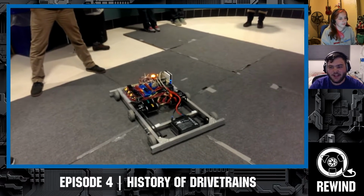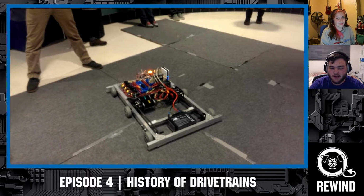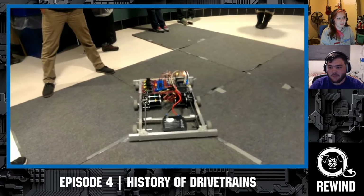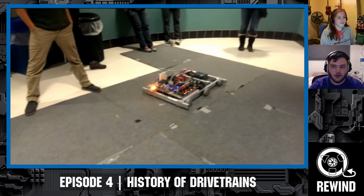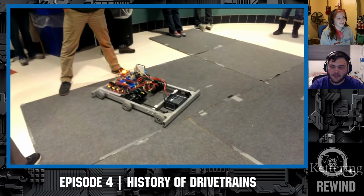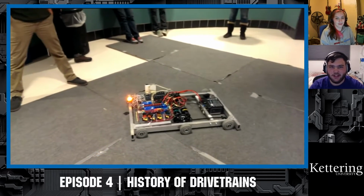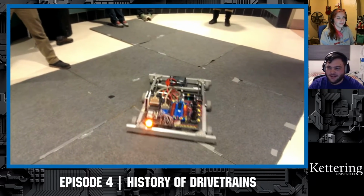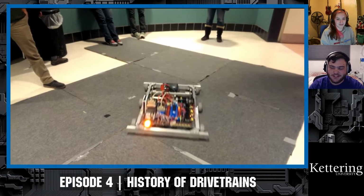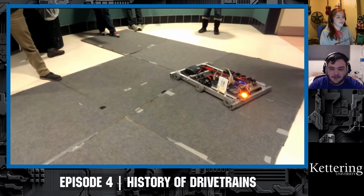Yeah. And actually, as someone that used single stick arcade when I drove for my student team, but now the Vex teams that I mentor use tank all the time, having had to learn how to do both was an interesting change. What's easy with single stick arcade or even two stick arcade is not quite as easy with tank, but there's other things with tank that are easier. But it's also interesting that there's two different control schemes that are completely different for West Coast, whereas Swerve, there's kind of basically